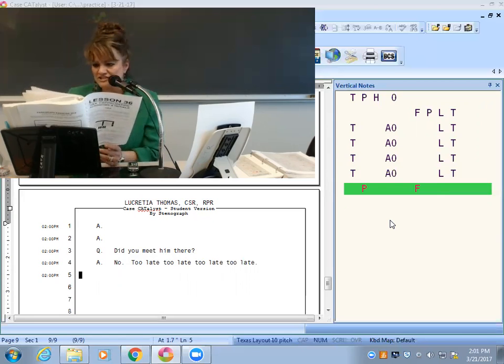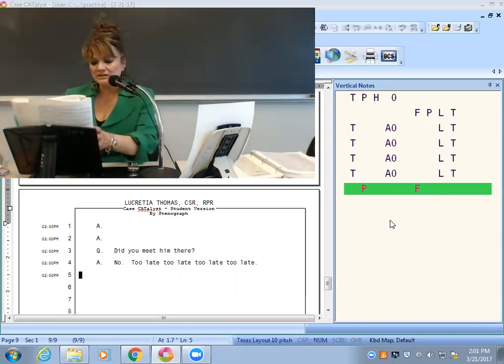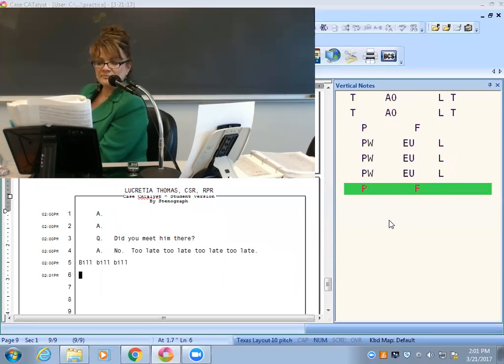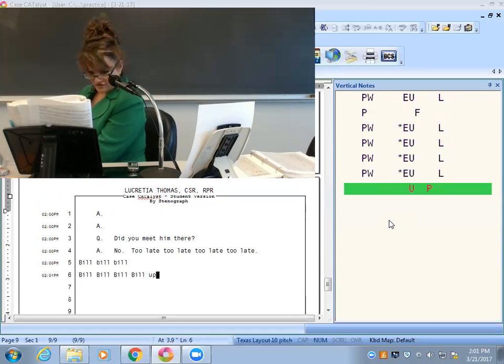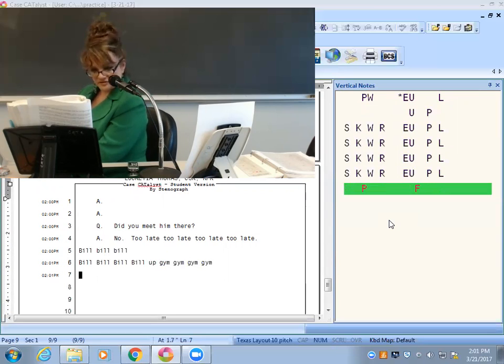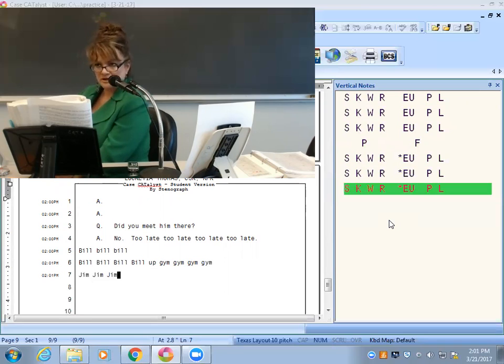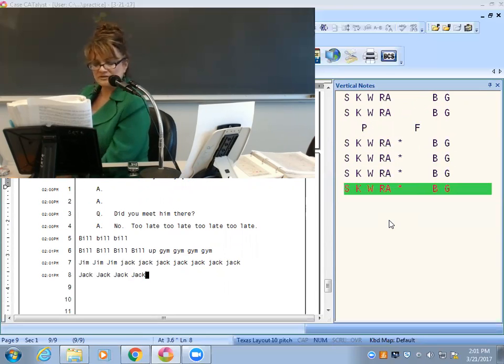And so capitalization, on page 257, under C, I wanted to cover some of these words. Remember, bill, like a bill of lading, is just B-I-L. But Bill, the man's name, you put the asterisk. You might think of the asterisk as capitalizing it. Then you've got Jim is J-I-M, to go to the gym. And then Jim, the man's name, you put the asterisk in. Just remember the asterisk is letting you know that it's going to capitalize it and it's a proper name. If that helps. And then you've got Jack. We were playing jacks, so just Jack. And then Jack, the man's name, J-A-K with an asterisk.